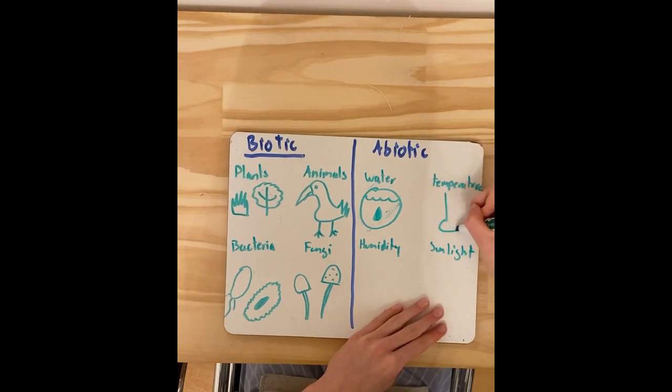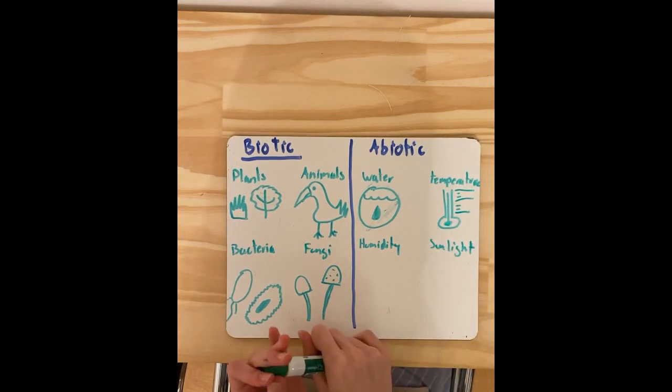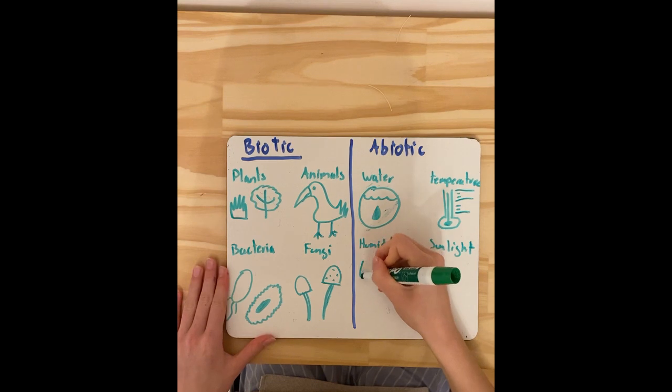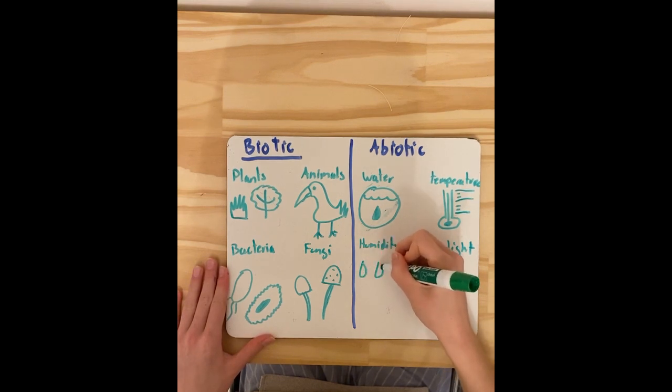The next important abiotic factor is the temperature. Temperature in the forest varies by region. On average, temperature rarely gets higher than 34 degrees or lower than 20. This connects with the next important abiotic factor, which is humidity. Rainforests average from 77 to 88% humidity, which enriches the soil with nutrients used by the trees.